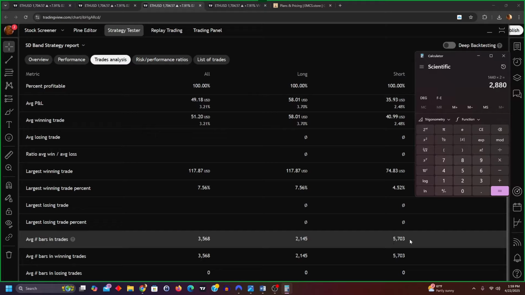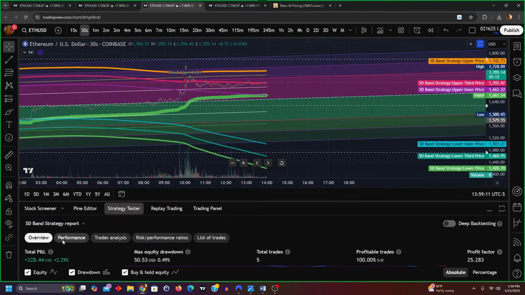The trades have been taking longer to resolve, and on the long side it's a little bit less than a day. So we're pretty happy with it, and we're happy to release another quality non-repainting strategy for our members, and